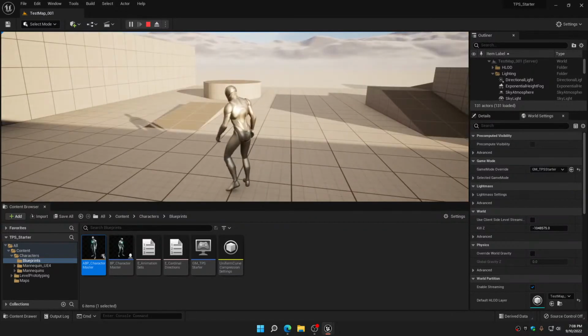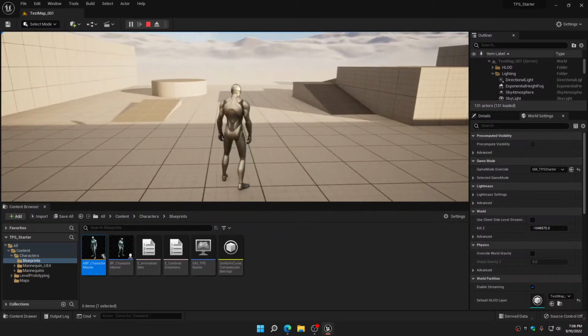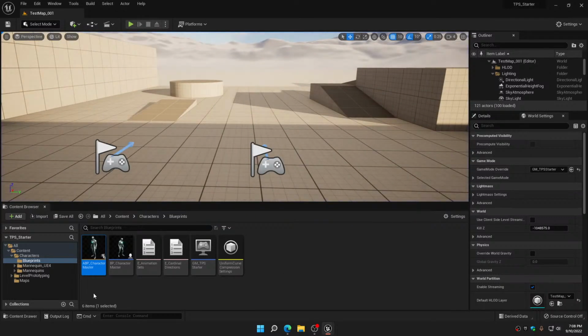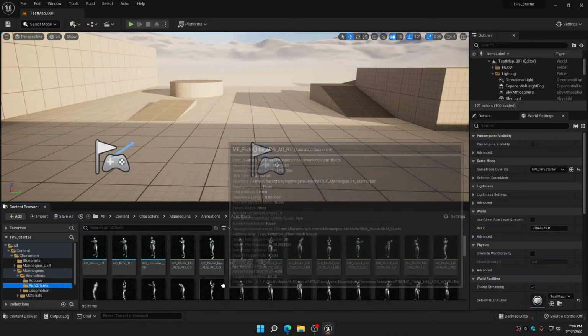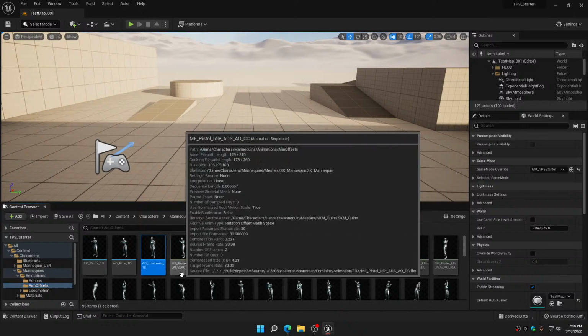Maybe that would change with a 2D aim offset. So I don't know. Let's try that. Let's switch this over from a 1D to a 2D aim offset and see if that might cure that. So, where the hell is that? How do we do that? Right, so we created that. We need a